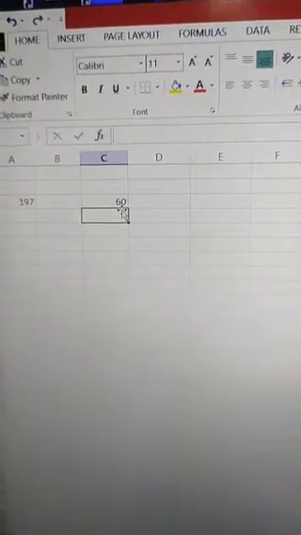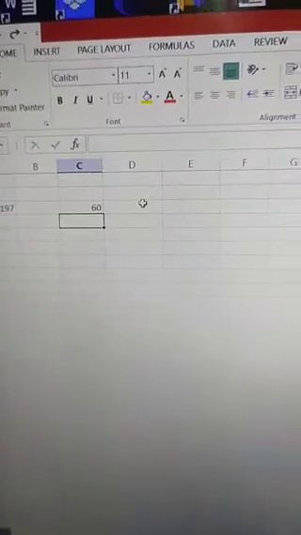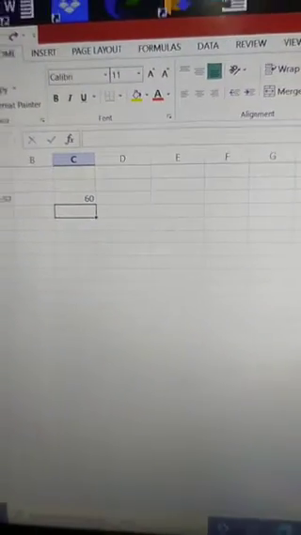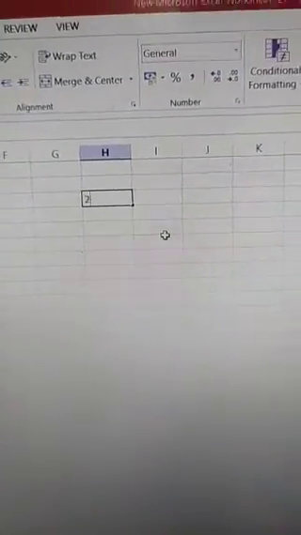Also we can enter simple formulas. How can we enter a simple formula? Say I have typed something in this cell, 23, and the cell number is H26.